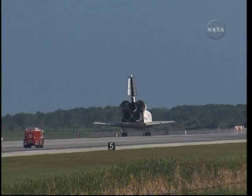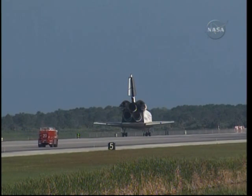In addition to stocking up the station, Discovery brought home with it